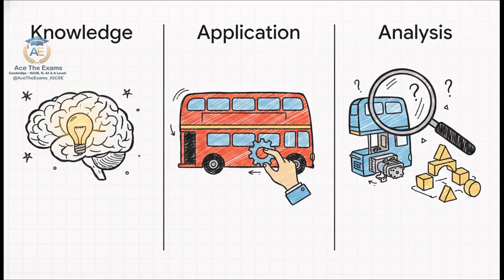This is where the PEEL framework becomes your best friend: point, evidence, explanation, link. If you just say, "the object is stable because its center of gravity is low," you aren't doing enough. That's a weak argument. But if you use PEEL and say, "the object is stable because the line of action of its weight falls within its wide base, creating a restoring moment rather than a toppling moment," boom, you have hit all three assessment domains perfectly.